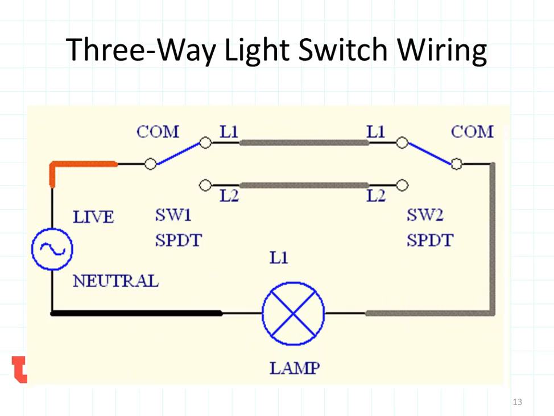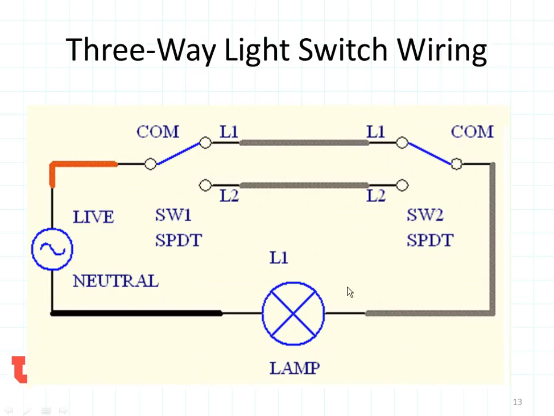One very interesting switch circuit is the three-way light switch. That's where you have a voltage source connected onto two single-pole double-throw switches. These are very common along stairways or hallways because you want to be able to turn the light on or off from the top of the stairs as well as from the bottom of the stairs. Now right here in this circuit, you'll notice that these two switches have to be connected by a double set of wires going between them, and then they're connected onto the lamp or the light bulb along the neutral line.